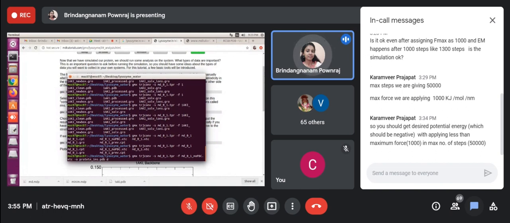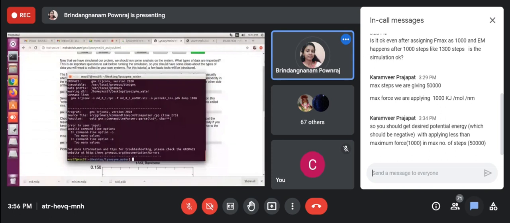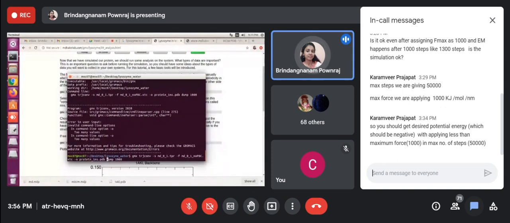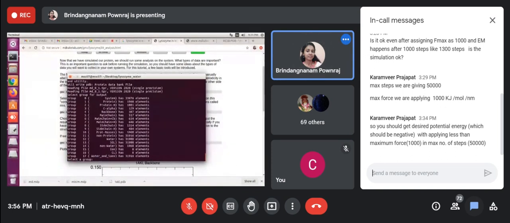I want my protein to dump on my desktop for 1 nanosecond. So I want my protein only, so I'm selecting 1.